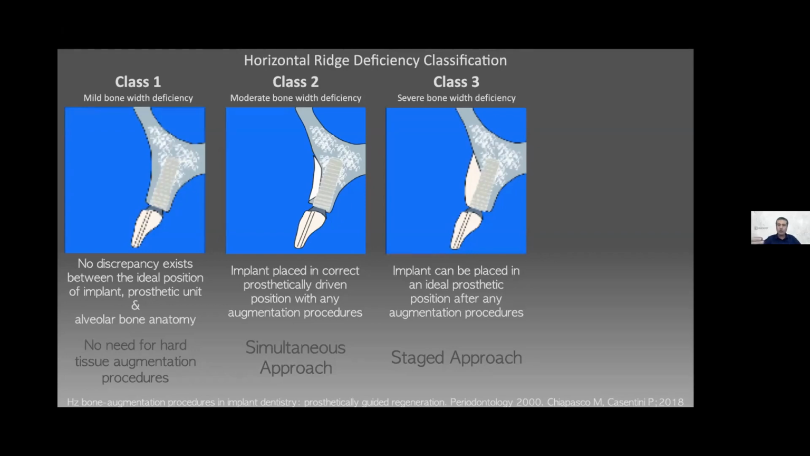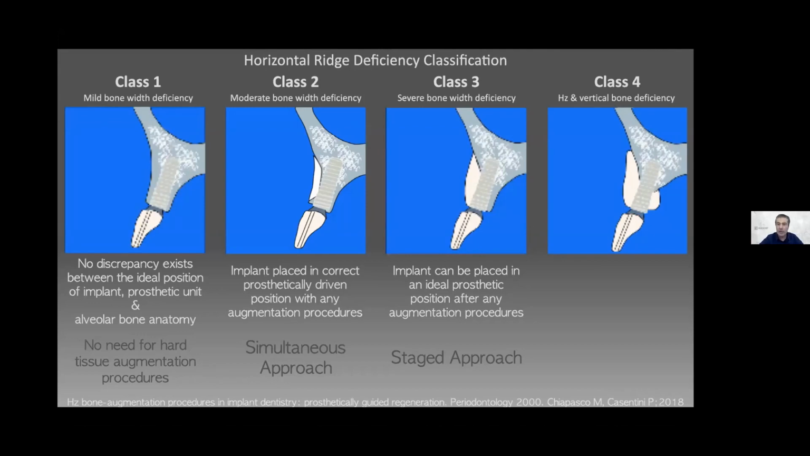So we have to reconstruct our width deficiency by guided bone regeneration or bone block. Wait 6 to 9 months, and after that, do our implant. And in the last classification, class 4, when we have a combined horizontal and vertical bone deficiency after extraction, it's a staged approach. We need to wait 9 to 12 months because it's more severe, and after that, we